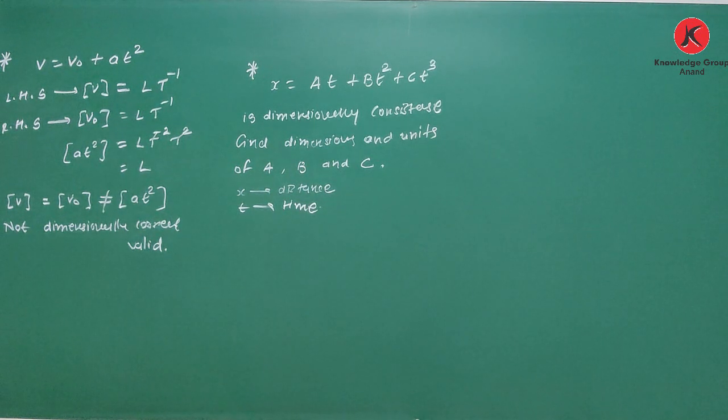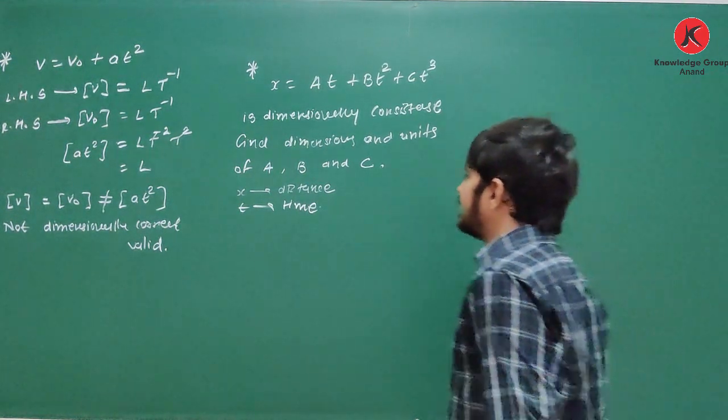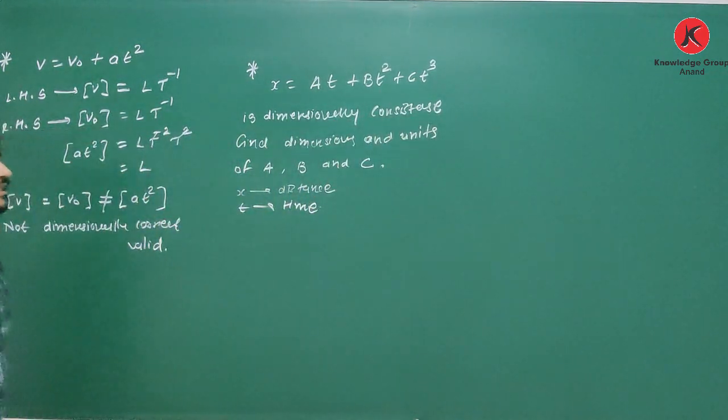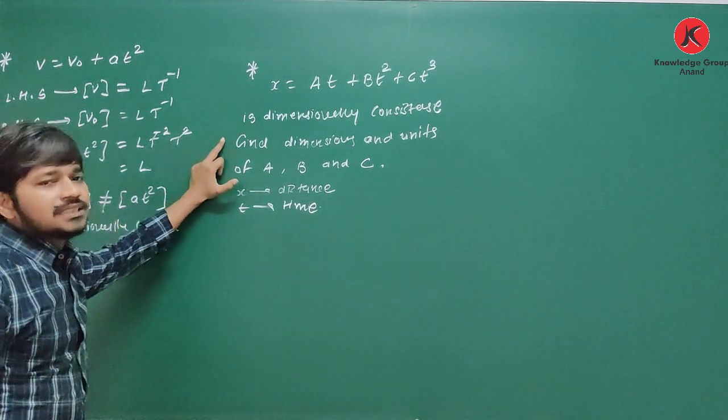Okay, that equation is dimensionally consistent. You are given this, and you have to find the dimensions and units of A, B and C, where x is distance and t is time. Now see how to find this. This equation is dimensionally consistent. It means